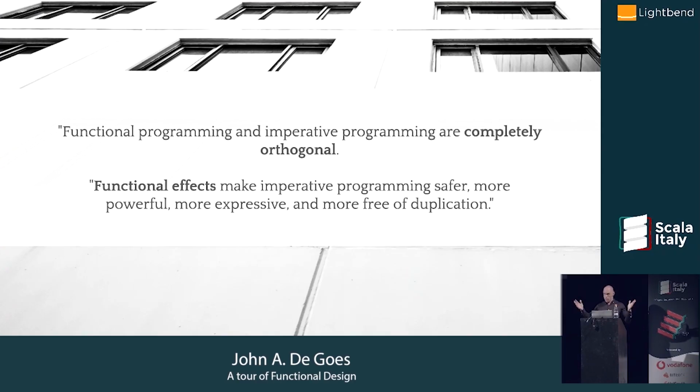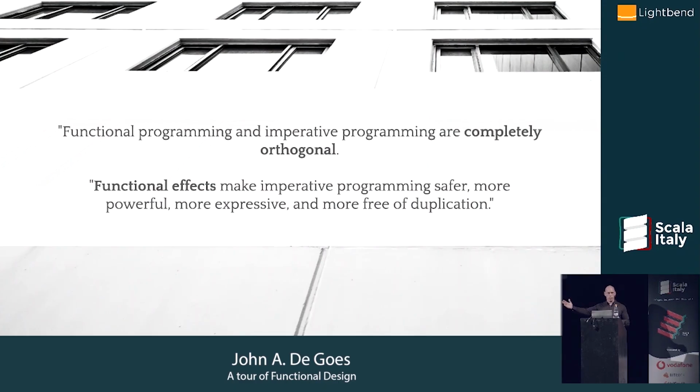Now the other axis, though, that functional programming is orthogonal to, that axis is, on the one hand, imperative programming, and on the other hand, declarative programming. Those are the two main axes that characterize code. You can have functional code that is very imperative, and you can also have procedural code that's very imperative. And functional programming, because it is not at odds or in any way clashing with imperative programming, can actually be used to make your imperative programming better.